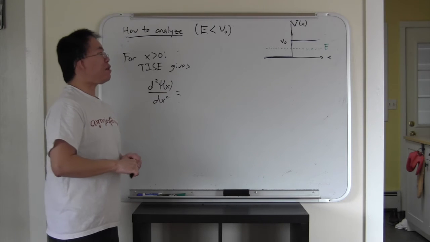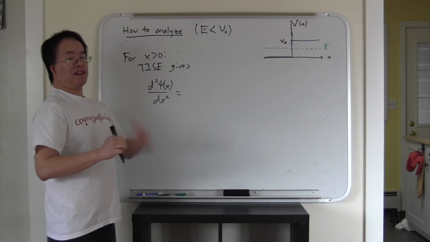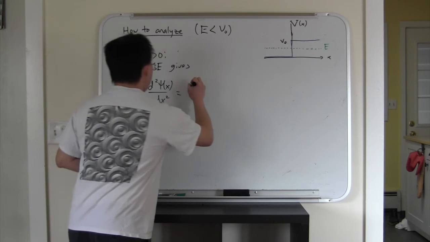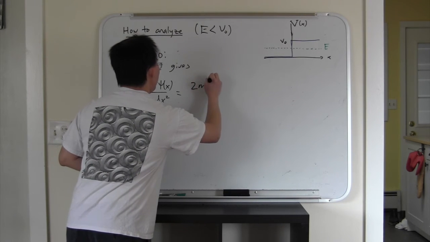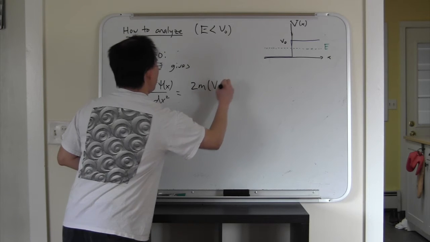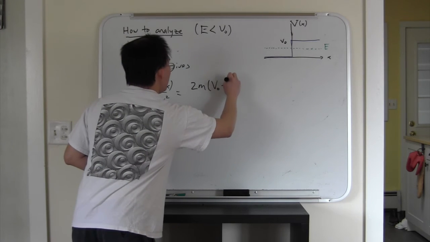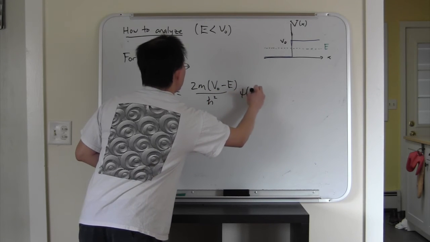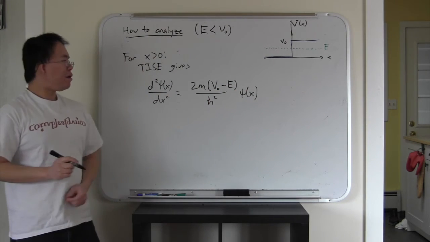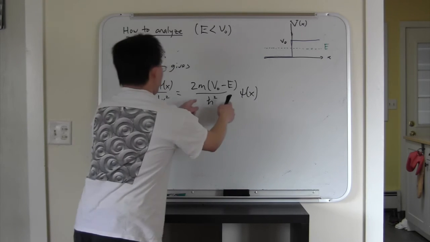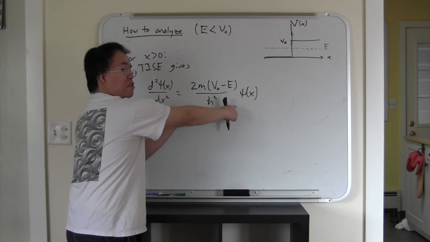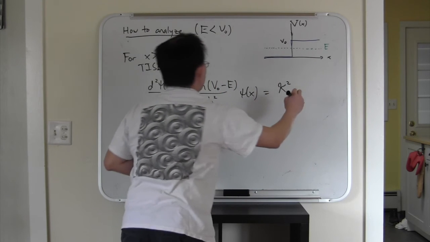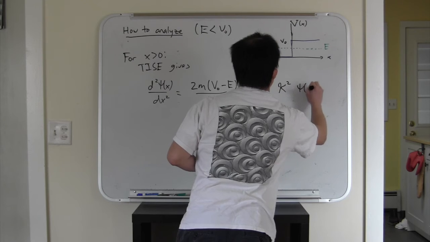And this time, because E is less than V0, I'll flip the sign, and this will give me 2m (V0 minus E) over h bar squared psi of x. Now this whole thing is positive. This we will write as kappa squared psi of x,